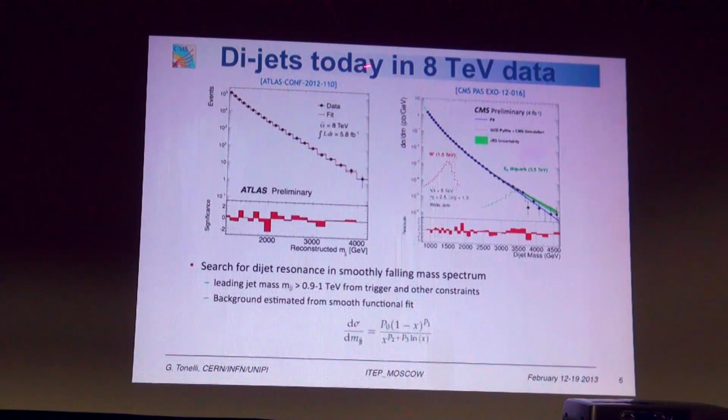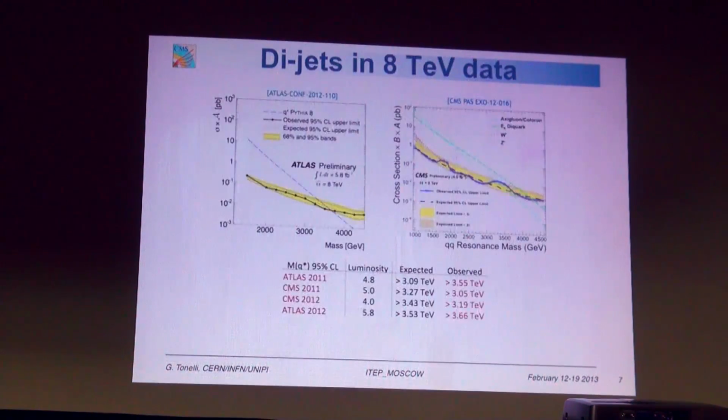And so we did, again, the search with 8 TeV data in 2012, now with full statistics. You see now that in ATLAS and CMS we reach masses of the dijet system which exceed 4 TeV, so the sensitivity is quite large. So we can explore the possibility of producing, at the LHC, very, very massive objects, at the limit of the kinematical acceptance. And again, you don't see anything significant, and then you basically put limits.